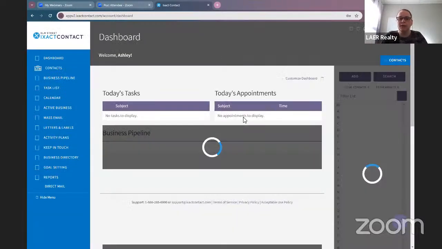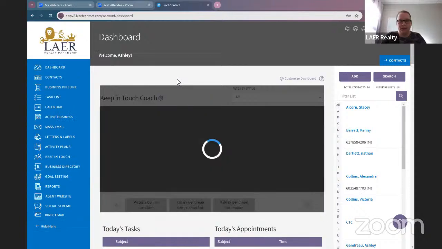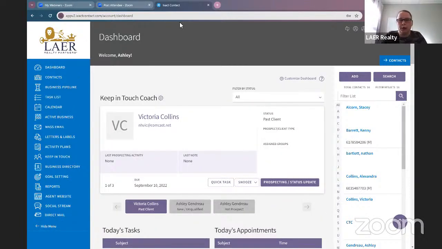Alrighty, so when you log into your Ixact dashboard, you are going to go ahead and see this screen, which is the home screen. And from here, you can do a number of things. You can add a contact, you can edit a contact, you can edit your profile. So the first thing that I'm going to go ahead and walk through is how to update your custom header